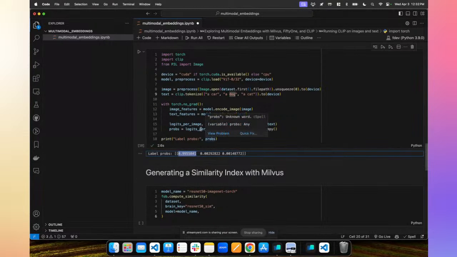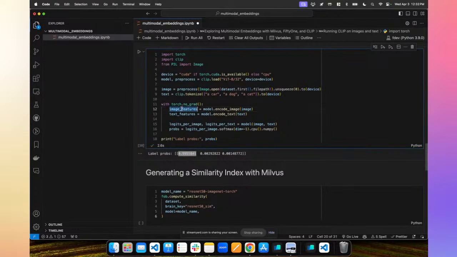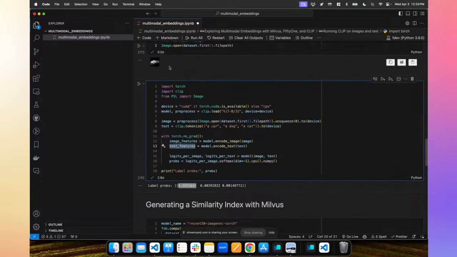And what it's doing behind the scenes is taking these image features and these text features, and for each of the text prompts that we have here, it compares the text feature vector that we generated for that prompt, usually via a dot product or a cosine similarity or something like that, to the image features that we generated for this 32 by 32 image of a car.